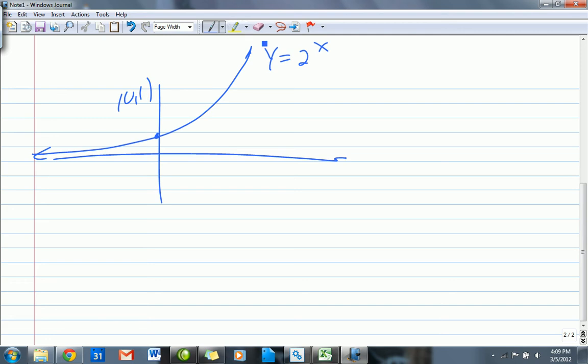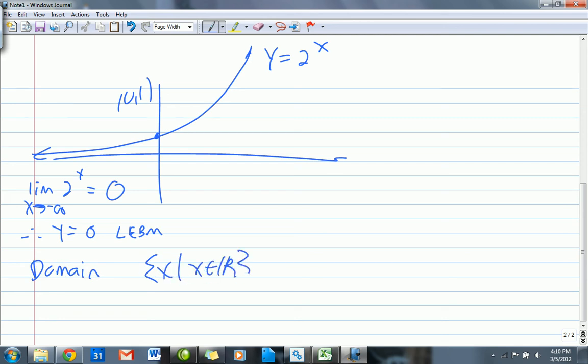We have one asymptote. As x approaches negative infinity, we have 0. So that means as x is going to negative infinity, 2 to the x is going to 0. So that means y equals 0 is a left-end behavior model. In any event, the domain is all reals, the set of all x such that x is